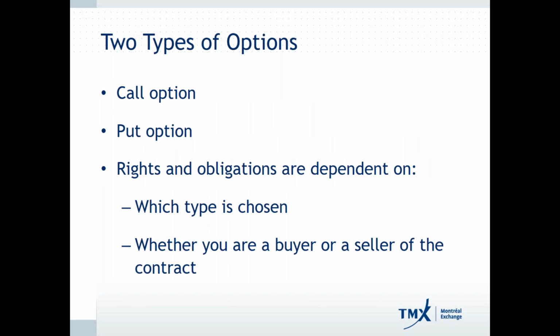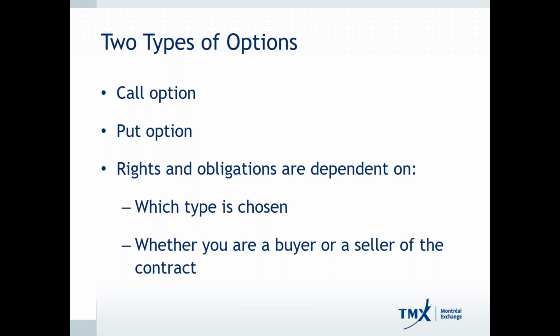Options are one-directional in a sense that there's a buyer and a seller, which we'll talk about, and in fact, I'll just demonstrate it here. There's a buyer and a seller of these calls and put options, and each have a different right or obligation. The buyer has a right, the seller has an obligation. I will explain this in great detail with lots of examples. So if it's a little bit overwhelming right off the bat, I promise you we'll break it down to the